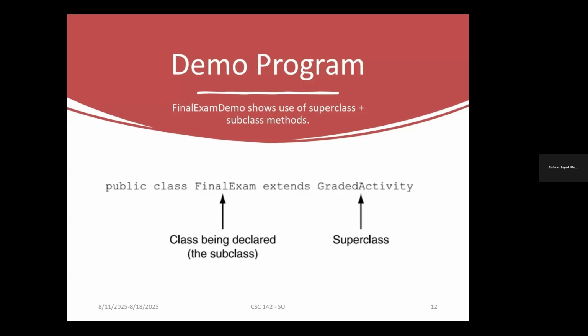The superclass is GradeActivity and the subclass is FinalExam, a relationship between parent and child. The parent is GradeActivity, that's the superclass, and the child is FinalExam, the subclass. And the keyword for the relationship is extends. When you are writing the code, you have to figure out which is the superclass and which is the subclass, and you have to put the keyword extends.